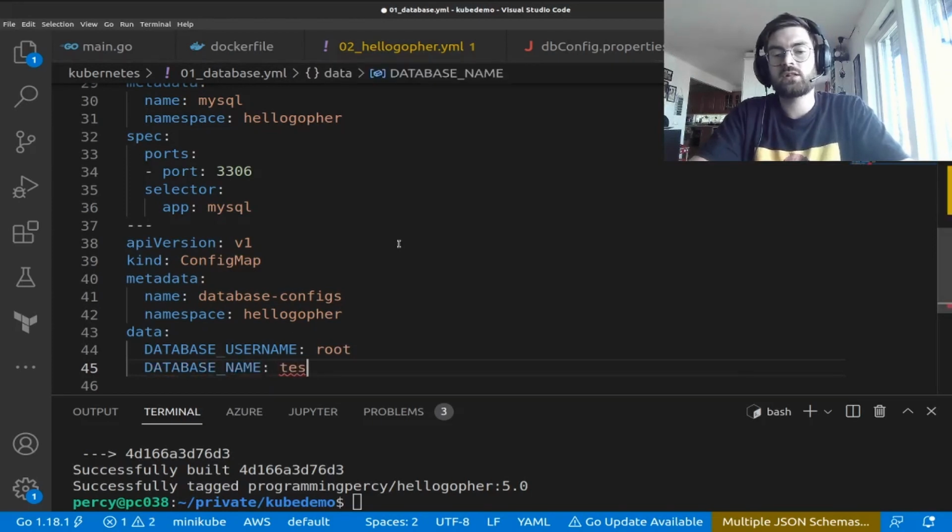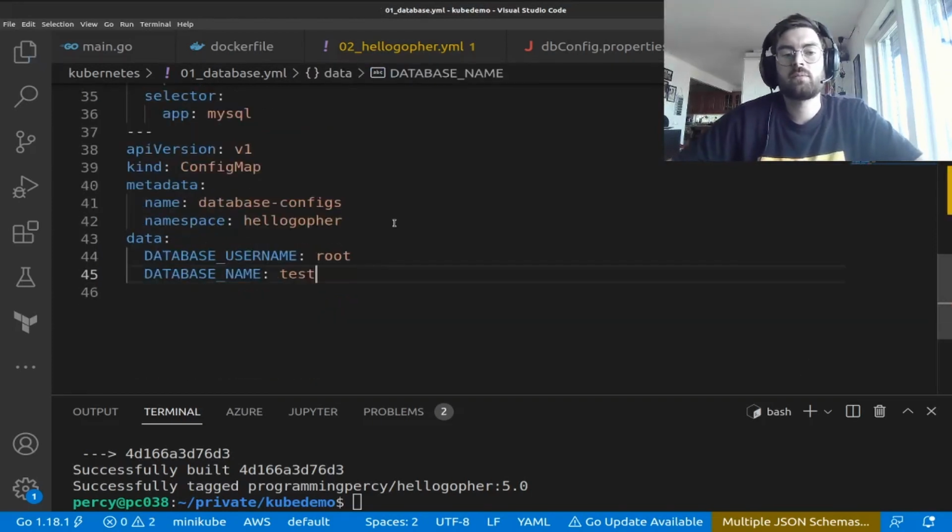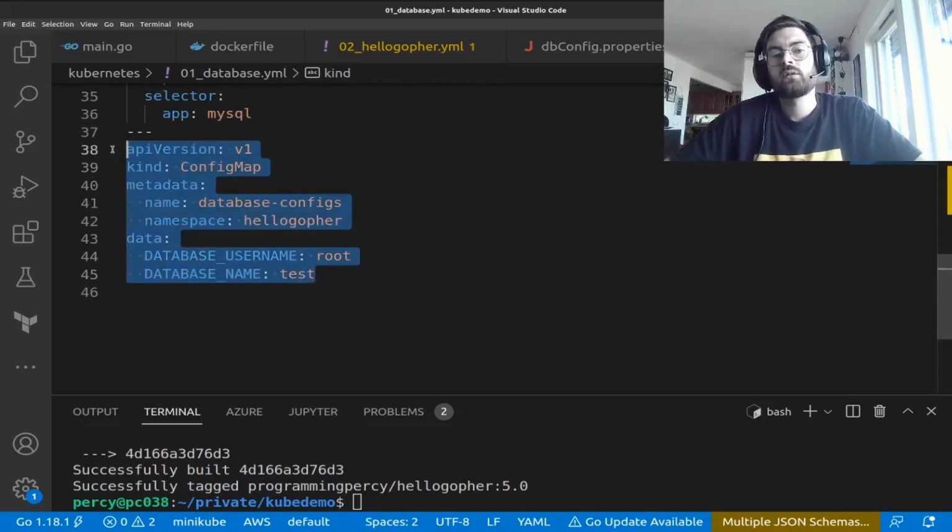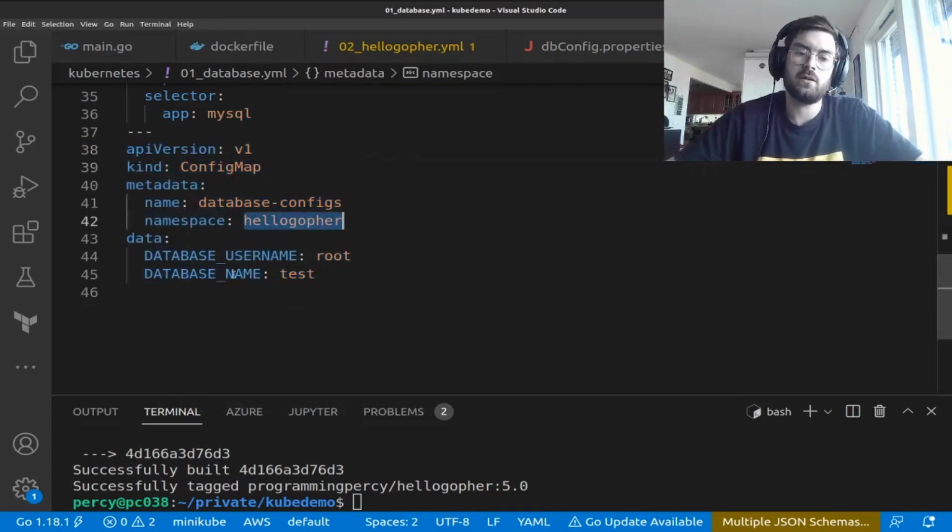So this is actually the most nice approach, I think, because now the users that accept the database YAML will know what the config map looks like. So this is really the best way. I just wanted to show you that you can create them manually, but preferably you should create it inside here